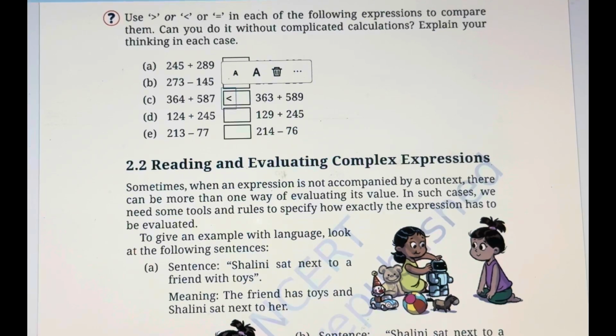Got it? And you can apply your own tricks. It is not necessary to do it the way I am doing here, where I have reduced it to 363. You can do it the other way, you can increase 363 on the right hand side. So both will be correct.